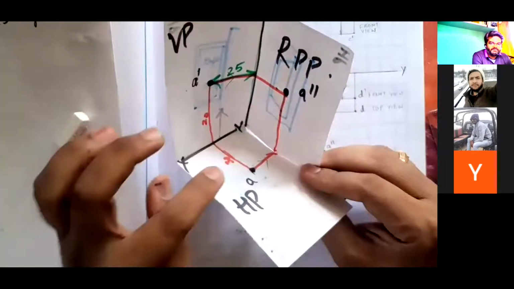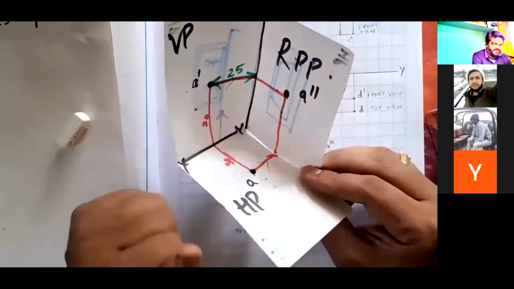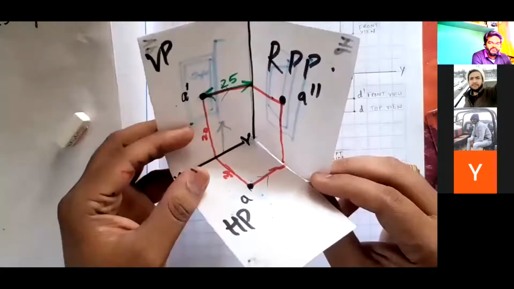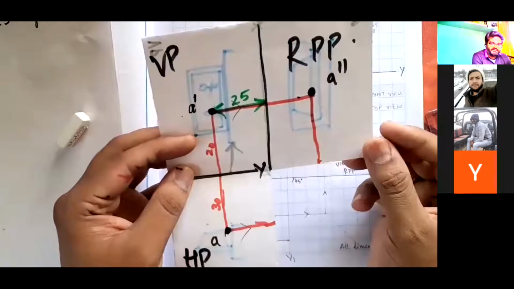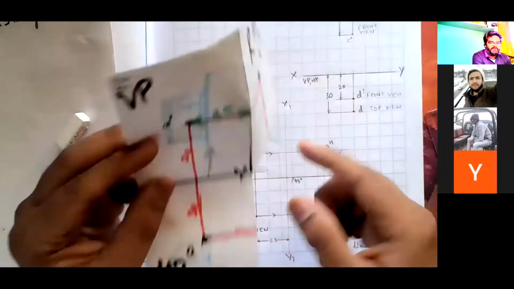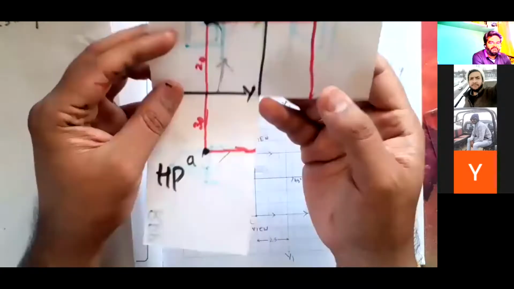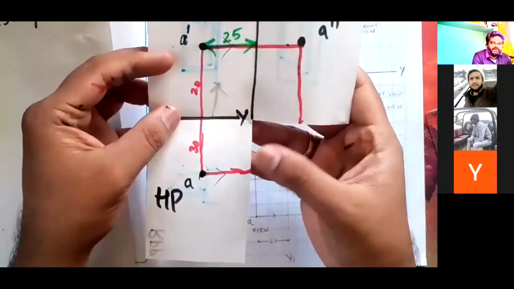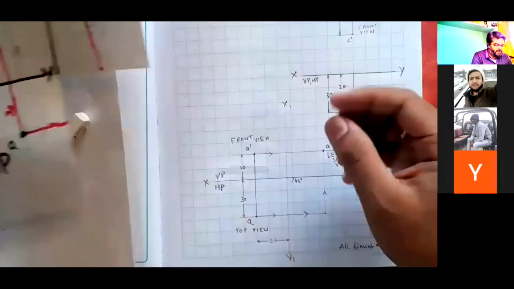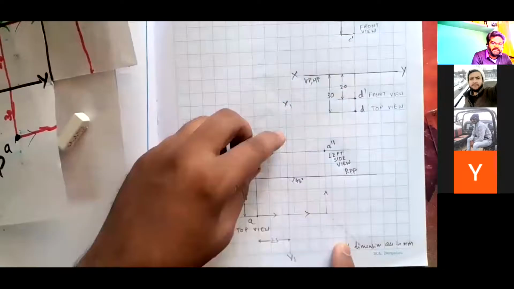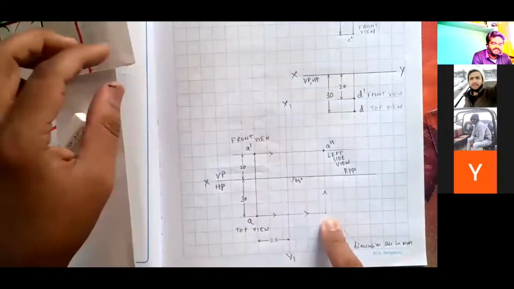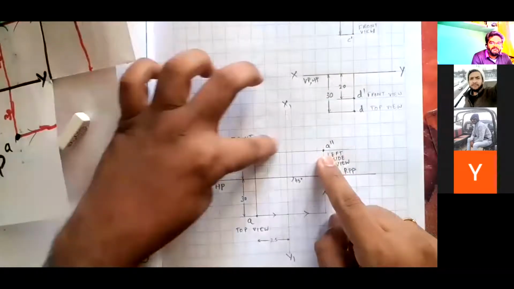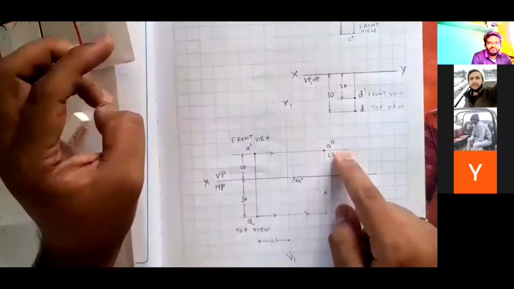If I open the horizontal plane, if I open the right profile plane to convert it into a 2D drawing, these two connections are not there from this point to this point. So I'll draw a 45-degree line. Say I'm going to draw a 45-degree line, join the top view to this 45-degree line, and then extend it further where the front view meets. That is the location of the side view, left side view.